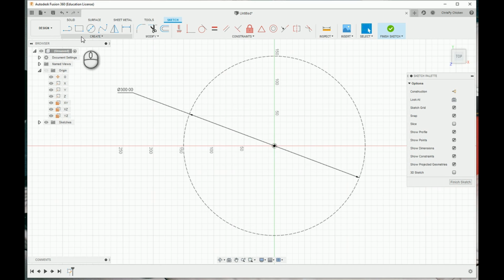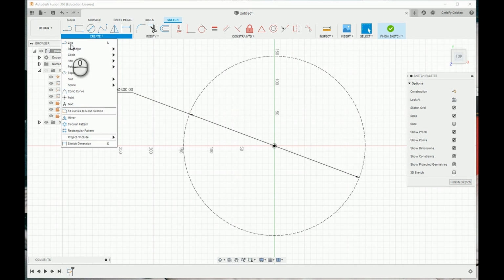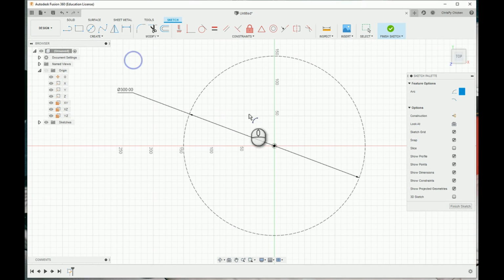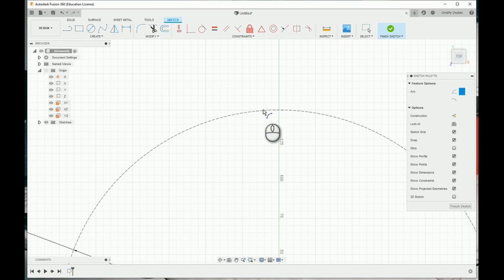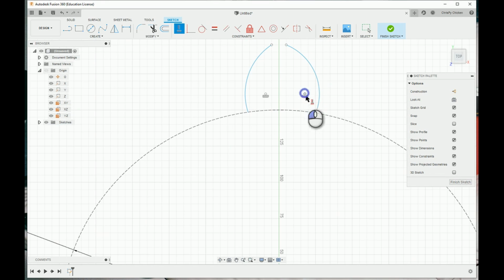The next thing we're going to do is create some arcs for our petals. I like to use 3-point arcs, and it's really simple. You just select a point on the circle, select the point elsewhere, and we're just going to start creating some constraints here so I know what we're dealing with. The final thing is we're going to do some more reference geometry. So that needs to be horizontal, and then